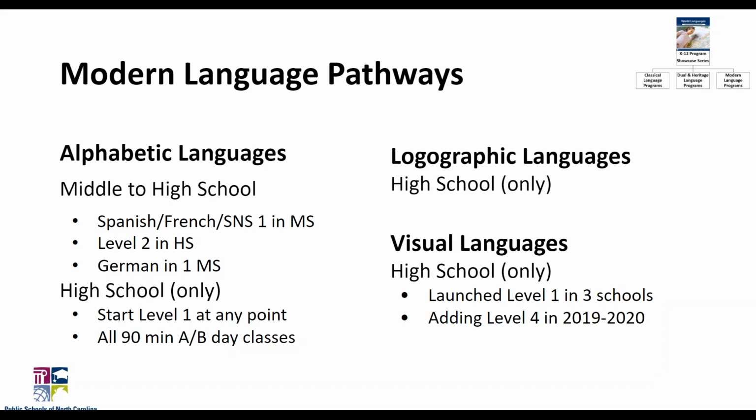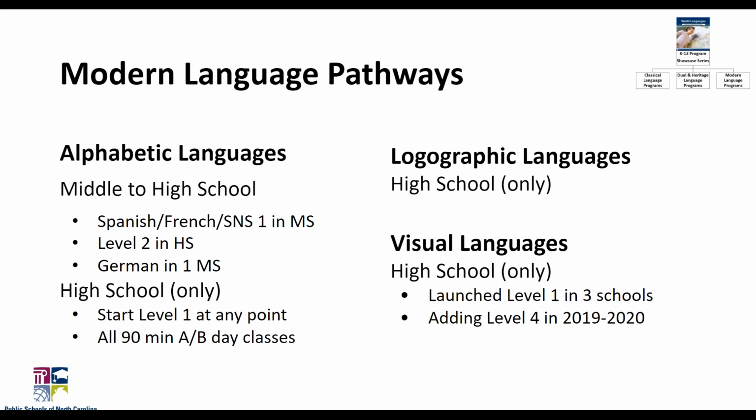As I said, students can do their level 1 credit in middle school and start level 2 in high school, or if they don't choose to do that, they can, of course, start level 1 in high school. An interesting trend with that program model is that over the past few years, we've seen a shift in that middle school enrollment has increased and high school enrollment has decreased just a little bit. And it's because more students are taking advantage of the level 1 credit in middle school and then moving into the high school level 2 course.